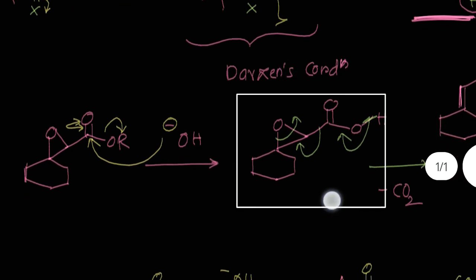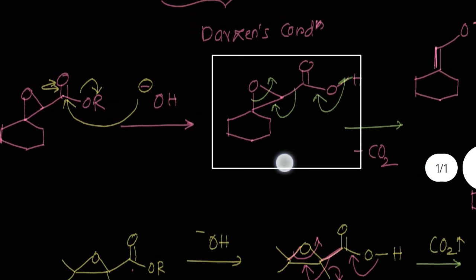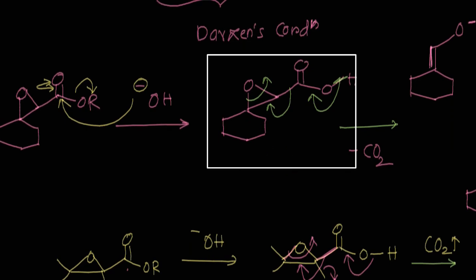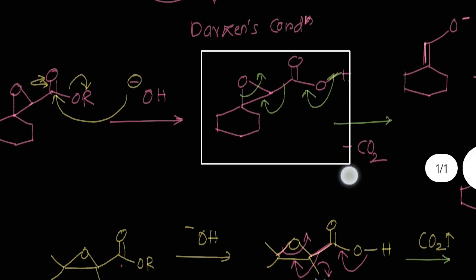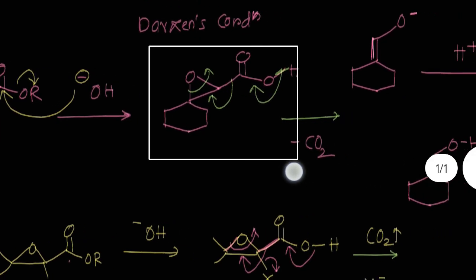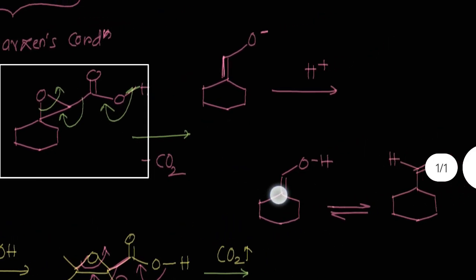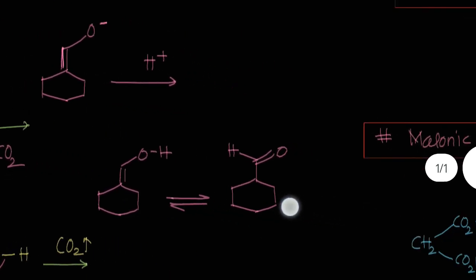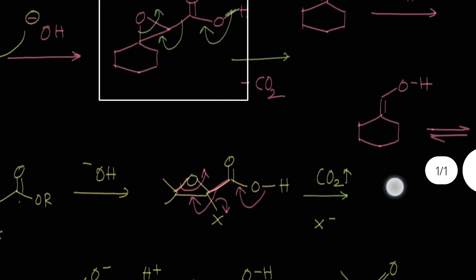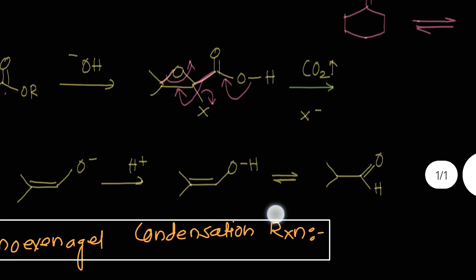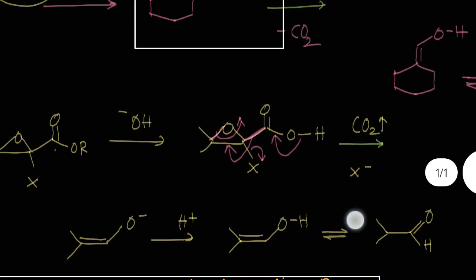Okay. Now from the application point of view, the product of the Darzens condensation, that is the alpha beta epoxy ester, when treated with the base, that is hydroxide ion, reacts with the ester first. It converts to the acid, and removal of carbon dioxide gives the aldehyde as a product. So look at this reaction. Again the mechanism is given to you, showing how the previous product converts to the aldehyde.